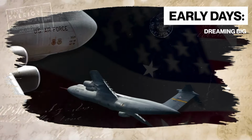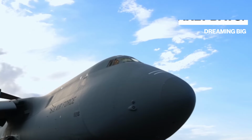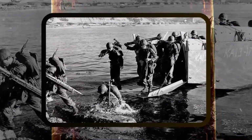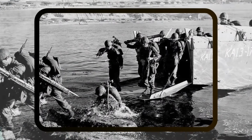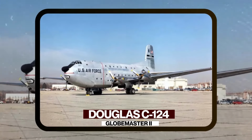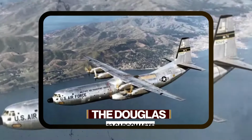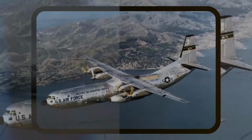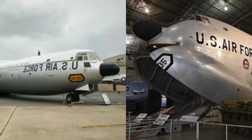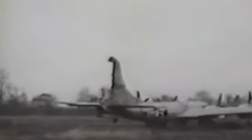The early days, dreaming big. The story of the C-5 Galaxy begins in the late 1950s, a time when the US Air Force relied heavily on two workhorses: the Douglas C-124 Globemaster II and the Douglas C-133 Cargomaster. These planes were dependable, no doubt about it, but they weren't exactly speed demons. With their piston engines, they lumbered through the skies at a pace that felt almost leisurely compared to the potential